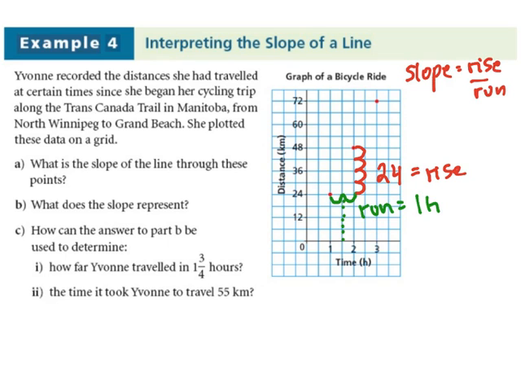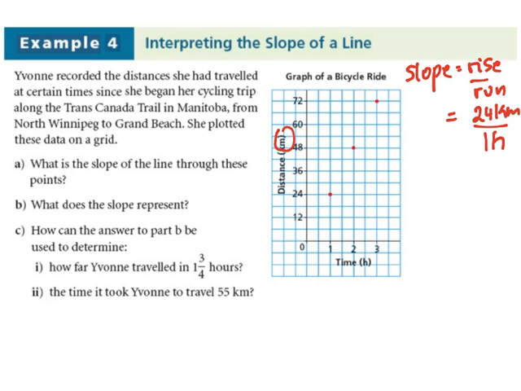It's a ratio between rise over run. So it's 24, look at the units, it's kilometers, over 1 hour. So the other way to find the slope is not to use rise over run, but still use a different slope formula. But we have to know the coordinate points of all these